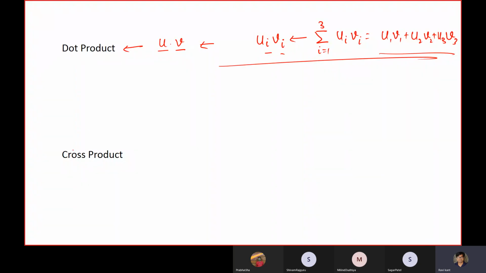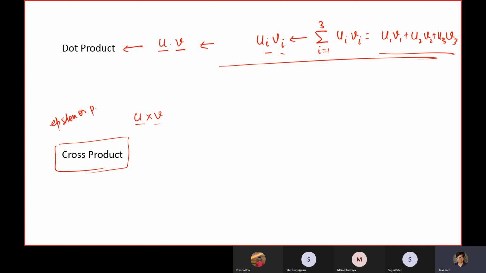So this was straightforward. Now let's write the cross product. Let's suppose you want to do u cross v. There are two vectors. Now in this cross product, we can take help of our epsilon symbol, epsilon or permutation symbol,